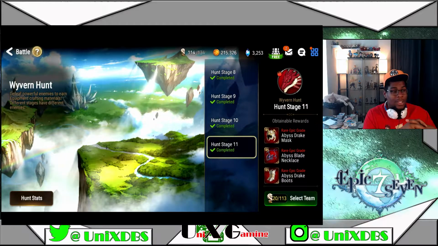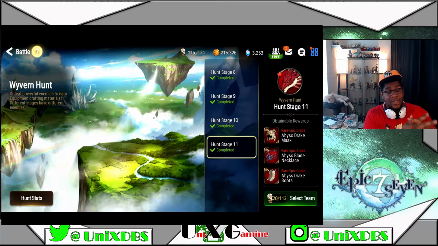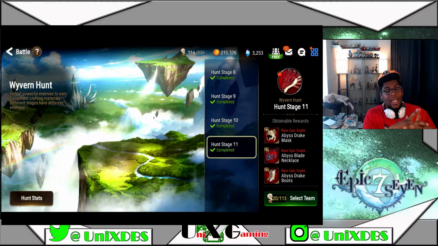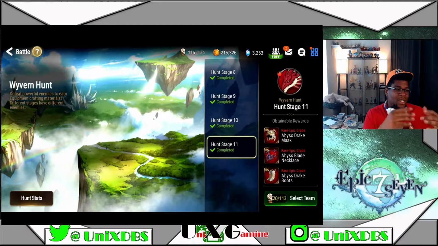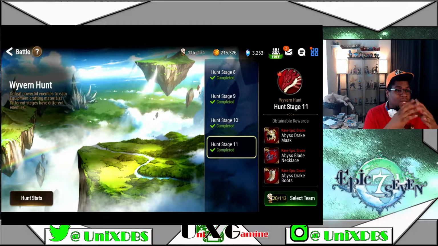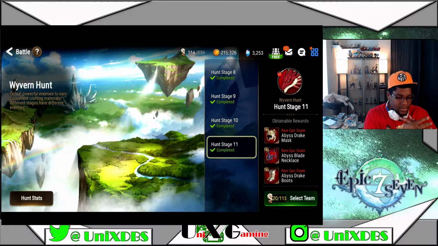So we're going to go up to Wyvern 11, which is a little bit different. The main difference between Wyvern 11 and everything else is that the rest of your team needs to actually be a little bit invested in health so they just don't get destroyed by the Wyvern. Unless you're just ready to press restart every time your DPS just gets smoked randomly. So in Wyvern 11,